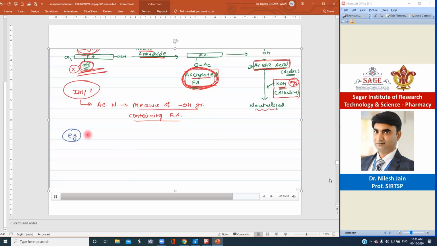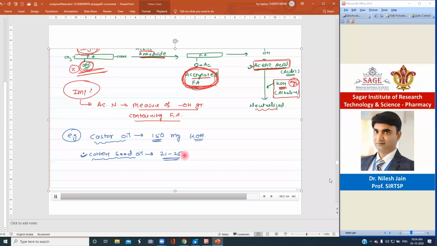For example, we have castor oil. Its acetyl number is 150. What does it mean? It means 150 milligrams of potassium hydroxide is required to neutralize the acetic acid produced by the hydroxyl group containing fatty acid. By this we can compare it with another oil. Suppose we have cottonseed oil. Its acetyl number is 21 to 25. Now you can compare castor oil with cottonseed oil. As its acetyl number is lower than castor oil's, cottonseed oil contains a lower quantity of